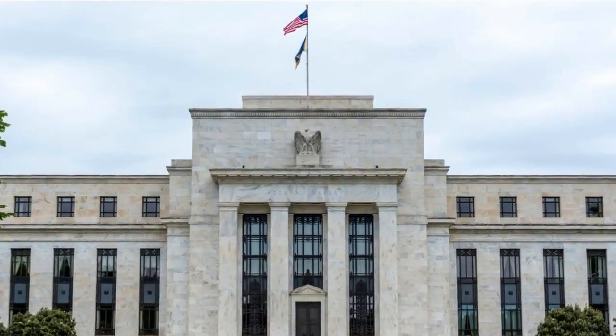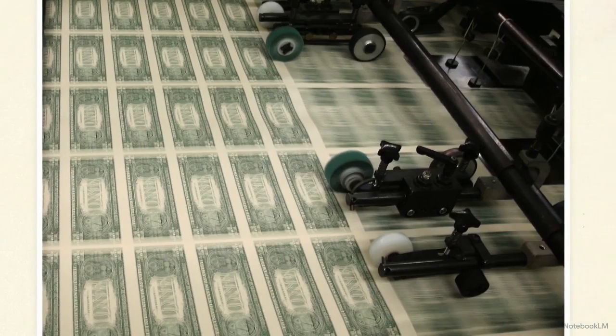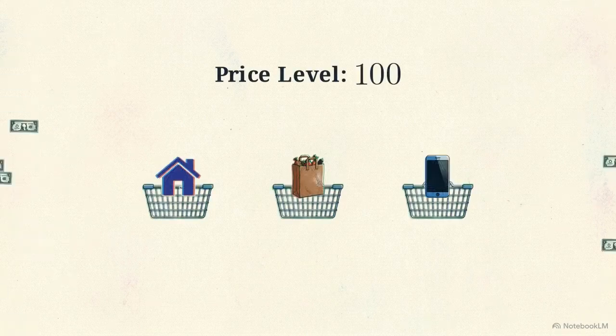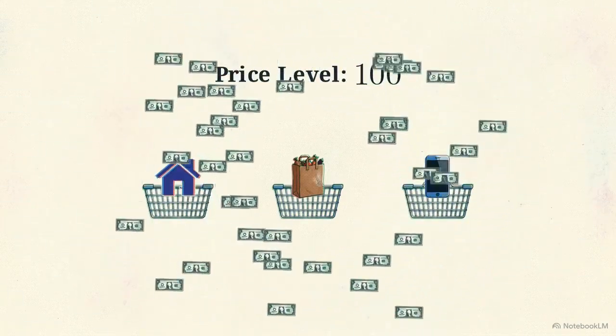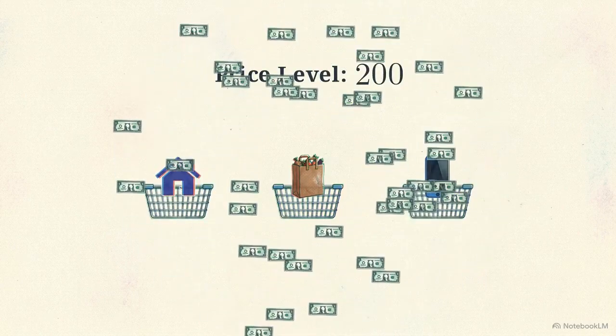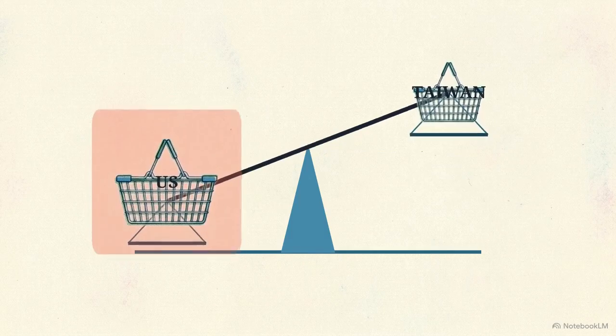supply of money. Imagine the US central bank decides to aggressively print a massive wave of new US dollars. Flooding the market with new dollars to chase the same amount of goods causes domestic prices to rise. This is the monetary approach. More money chasing the same goods creates inflation.